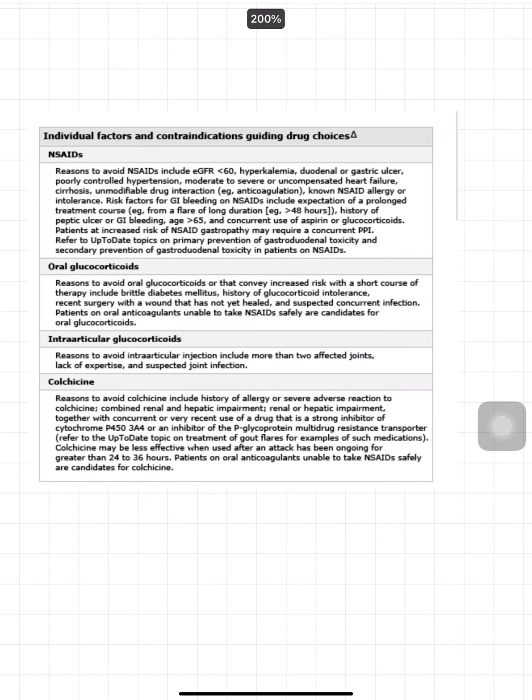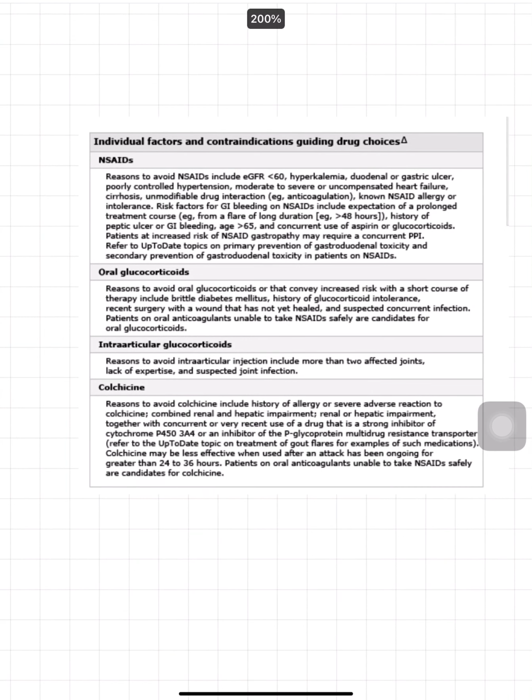Here is the up-to-date list of the contraindications for the NSAID, oral glucocorticoids, intra-articular glucocorticoids, and colchicine. We usually avoid the NSAID in case of CKD, hyperkalemia, duodenal and gastric ulcer, poorly controlled hypertension, heart failure, cirrhosis, and other risks of GI bleeding like that. Okay, oral glucocorticoids are short courses, not usually high risk of side effects, but we better